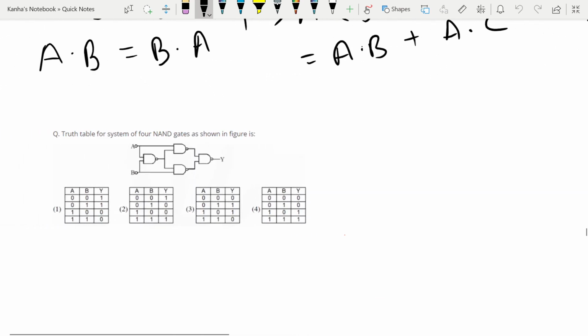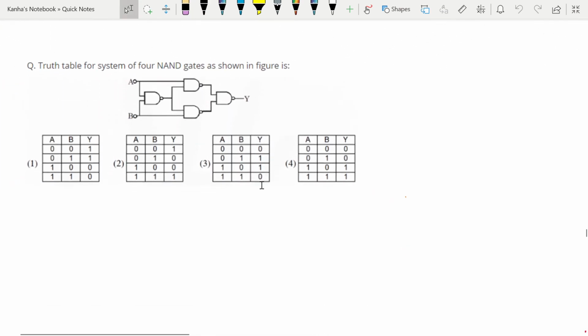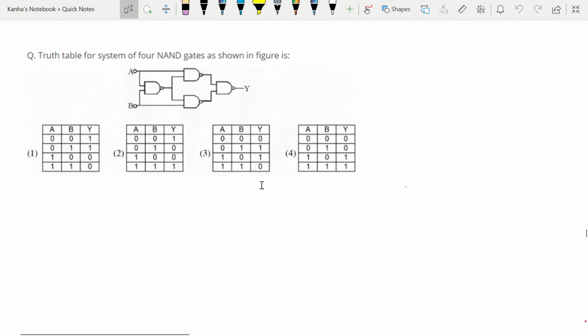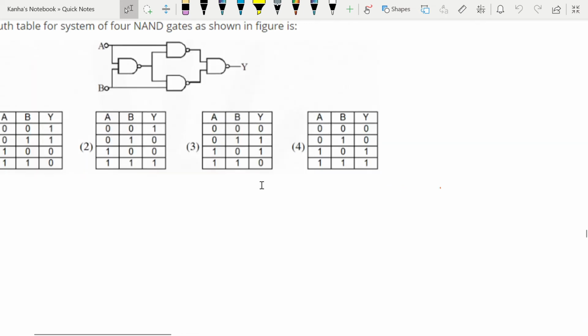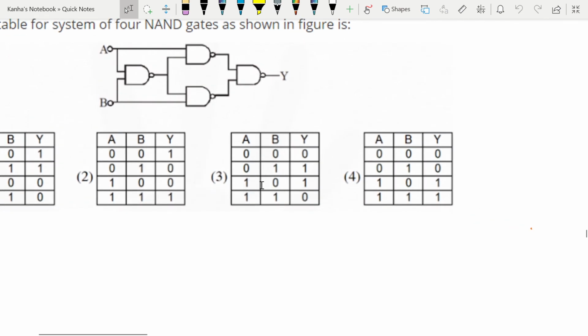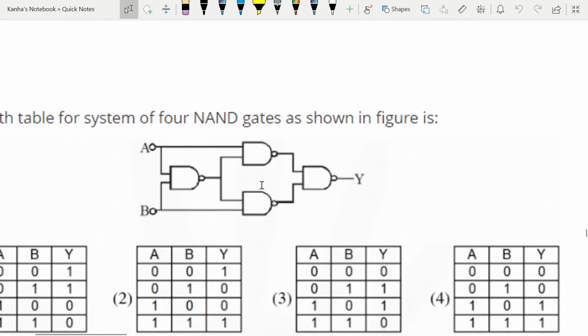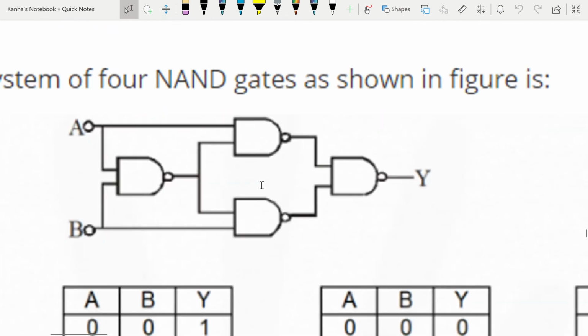So let's look at one problem here, and you can see that this has 4 NAND gates in total. I can go through and write the truth table with the normal general procedure, but it will take slightly longer. It's not a wrong procedure at all. If you have the time in your paper, you should try that only. But here let's try doing this using some properties, and this is an easy question. Let me zoom into the circuit so that I don't have to draw the circuit again.